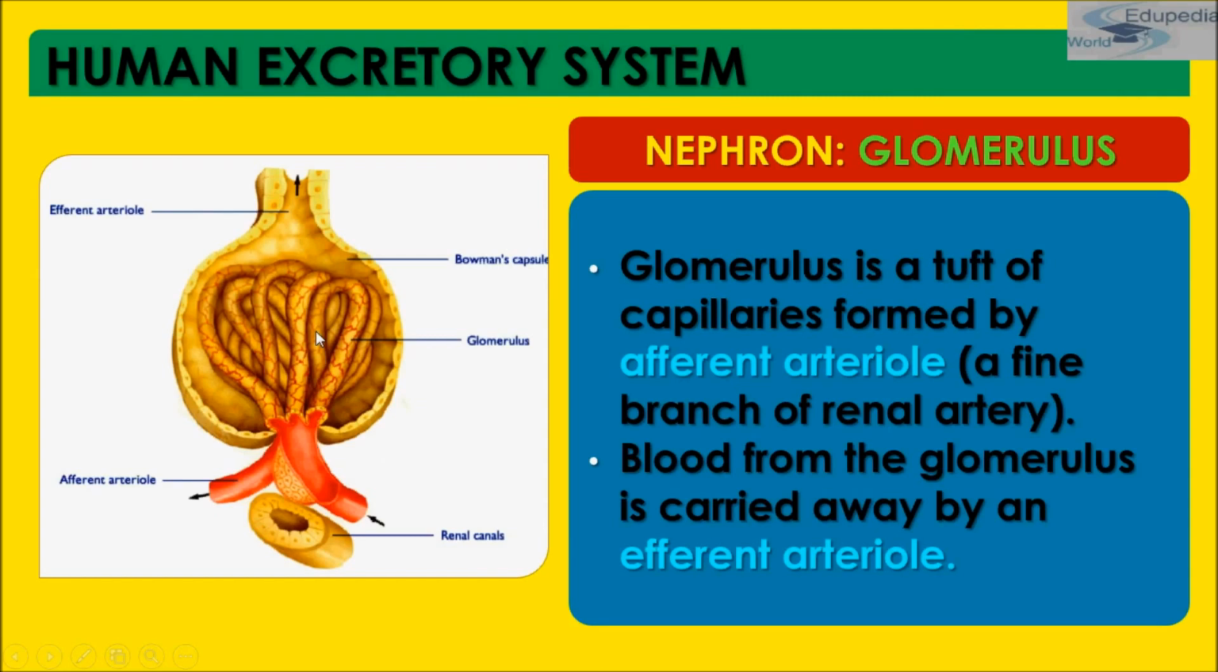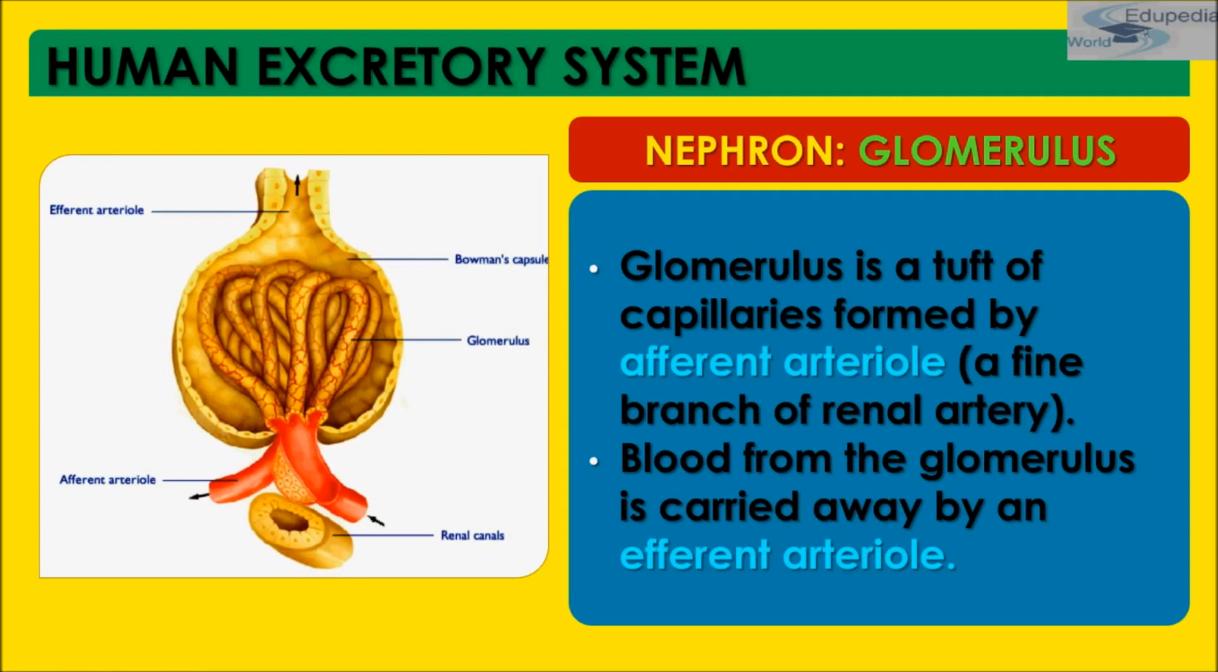What is glomerulus? I have told you that glomerulus is a knot of blood capillaries. This is the glomerulus, okay? And what is this? This is the Bowman's capsule. So we are studying the glomerulus. It is a tuft of capillaries formed by afferent arterioles, and the blood from the glomerulus is carried away by efferent arterioles, and this is afferent. From this it enters and forms tuft-like capillaries, and from there the blood is carried away by an efferent arteriole. You can say that glomerulus is a knot of blood capillaries which is present in the cup